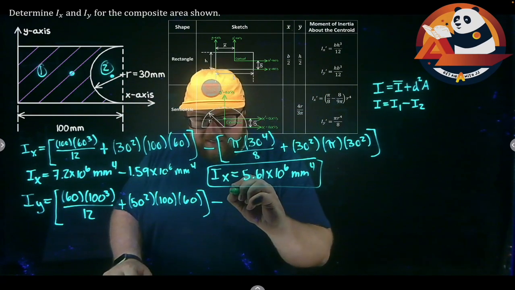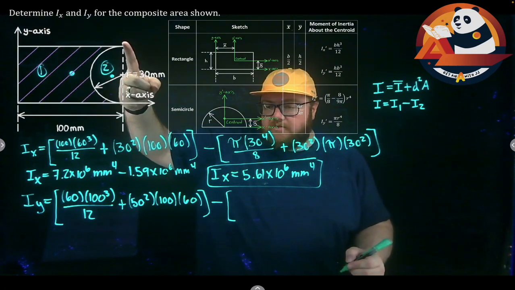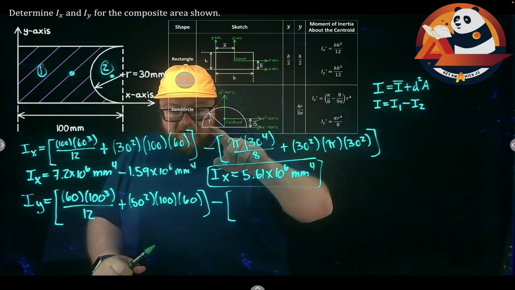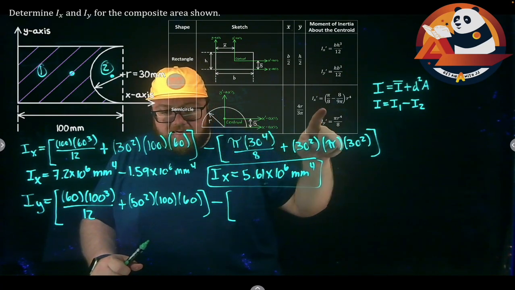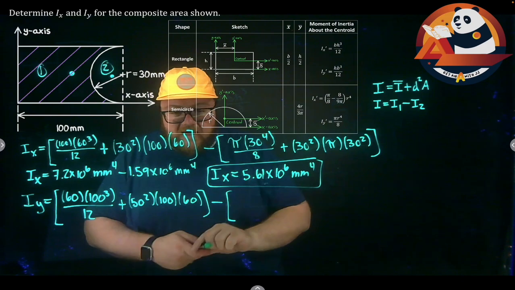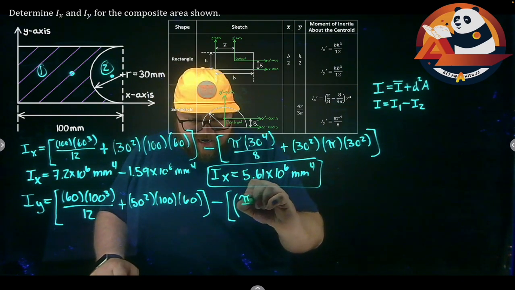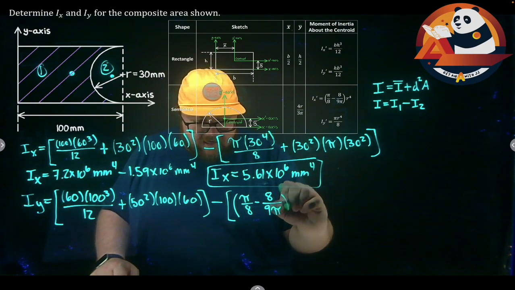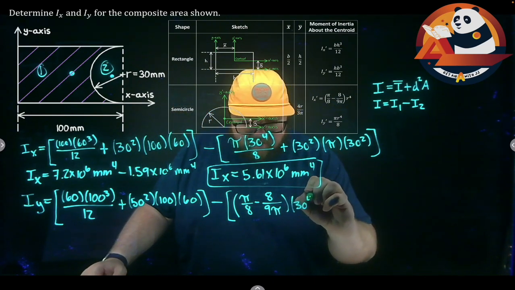My y-axis goes parallel to the flat side of that semicircle, so I want to take my equation in my table here for Ix prime, because it's going parallel to the flat side. So it's kind of a messy one, but it is pi eighths minus 8 over 9 pi times our radius, 30 to the 4th,